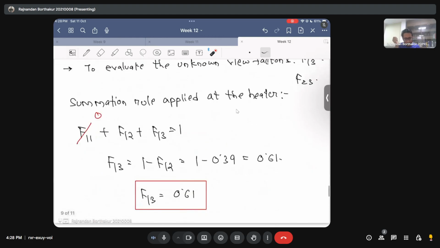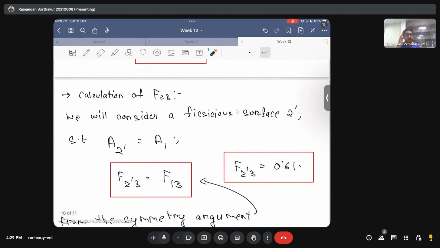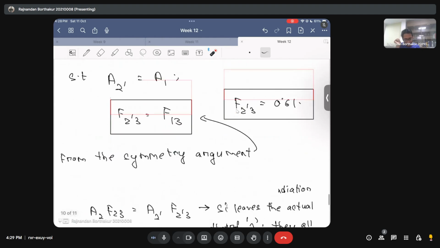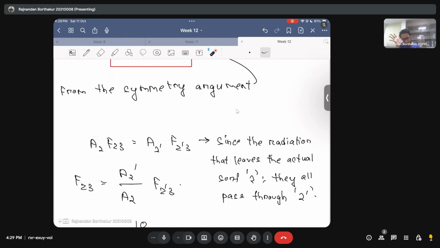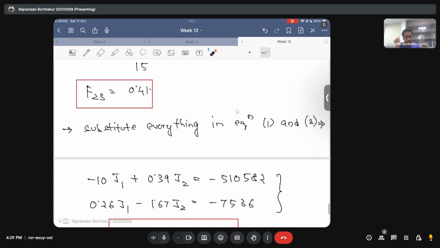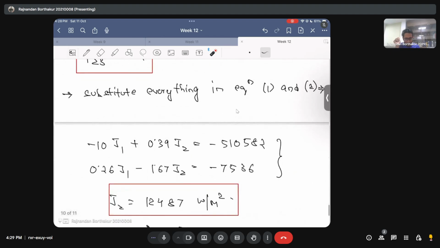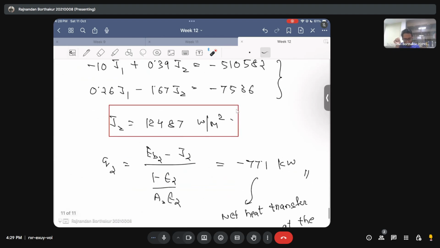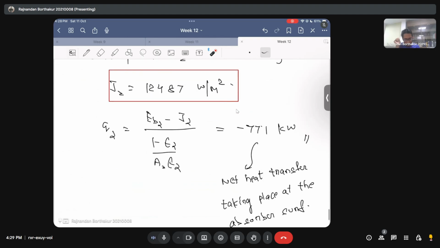And then what we did is we applied the summation rule to first calculate F13, and then using the help of the fictitious surface, we calculated F23 with the assumption that all the radiation that leaves the surface 2 will always pass through the fictitious surface 2 prime, from which we calculated F23, and then it was just about solving two algebraic equations involving the unknown J1 and J2,